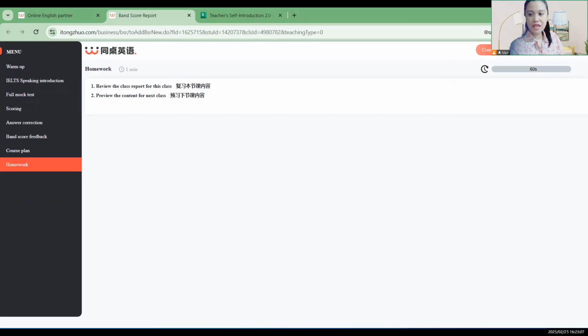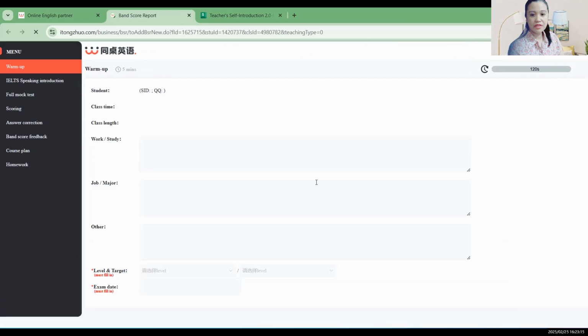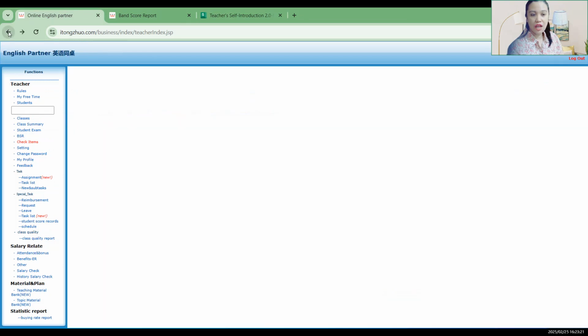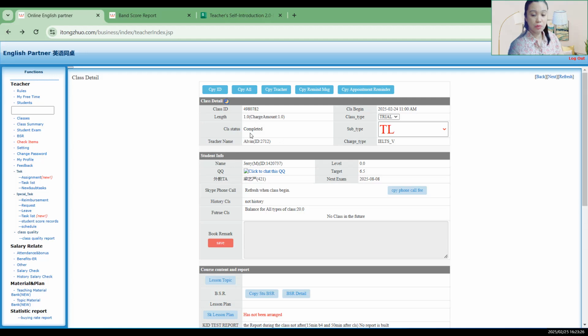Here, save. Saved successfully, complete, confirm, submitted successfully. So that's it. When you check here, it's already completed. Actually, it's really completed already. Completed. So that's for IELTS.